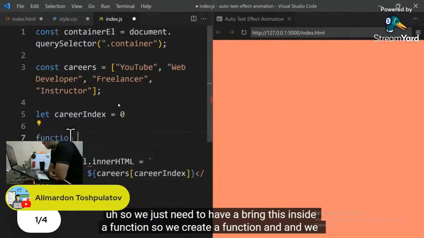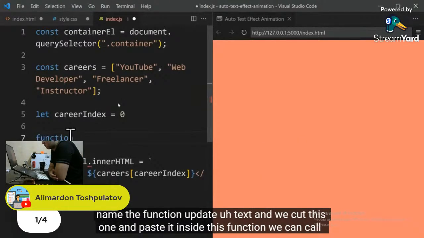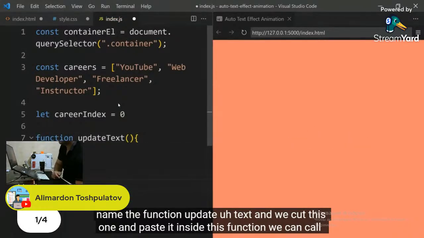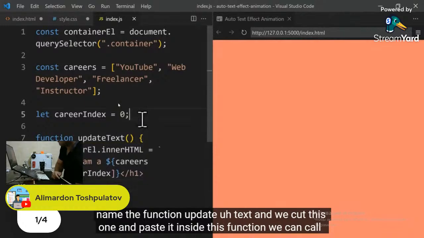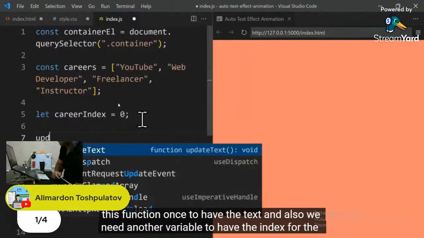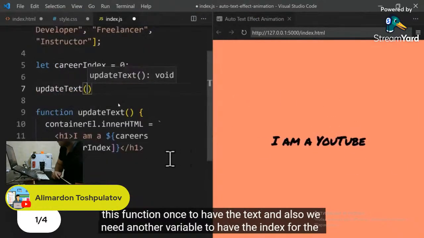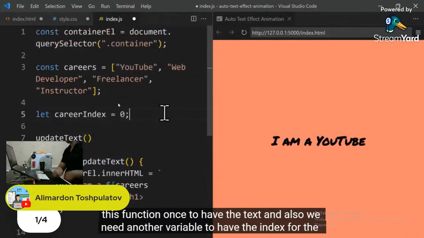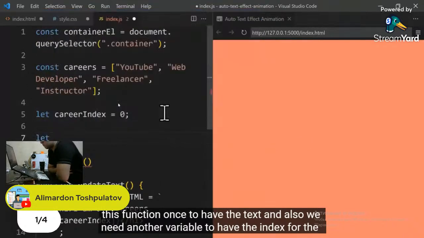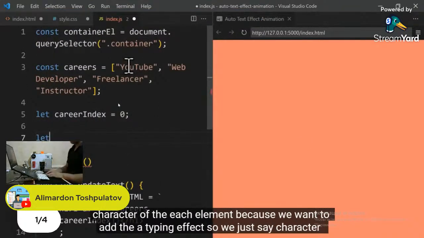So we create a function and we name the function update text, and we cut this one and paste it inside this function. We can call this function once to have the text, and also we need another variable to have the index for the character. We need an